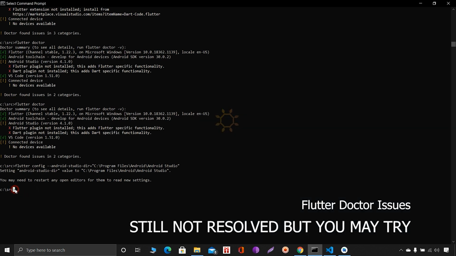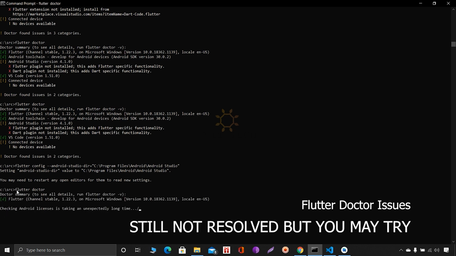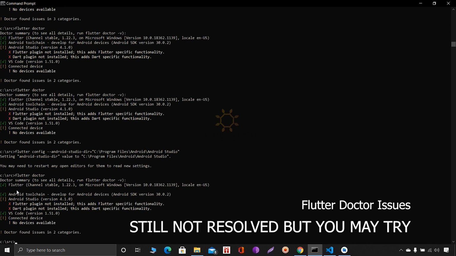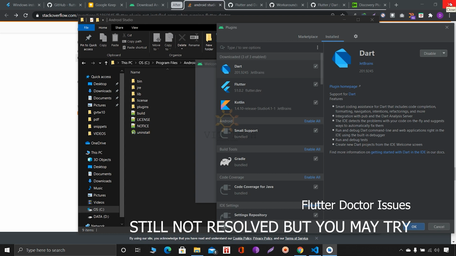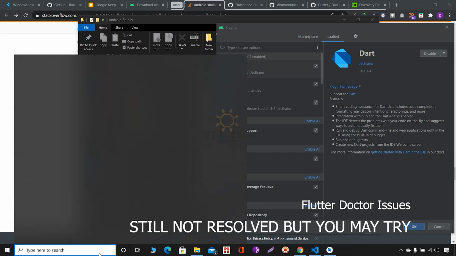Now we will run flutter doctor again. We have to close and rerun the CMD.